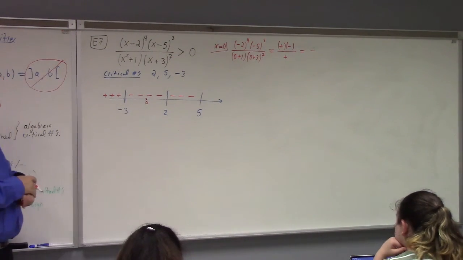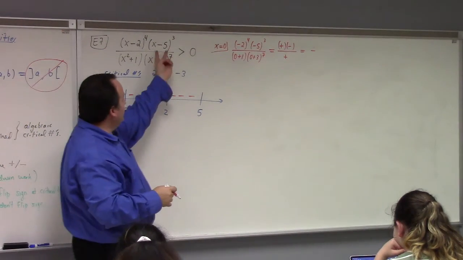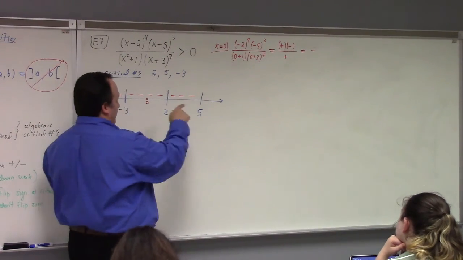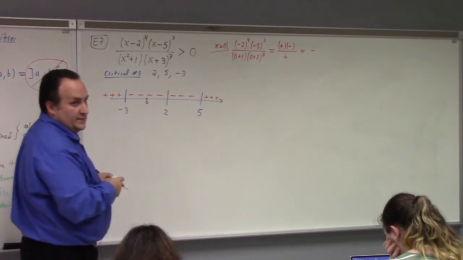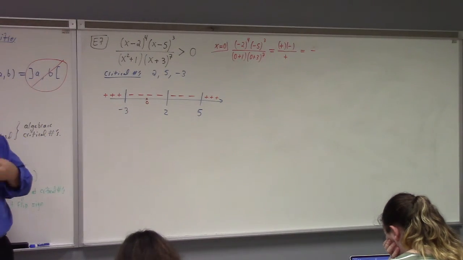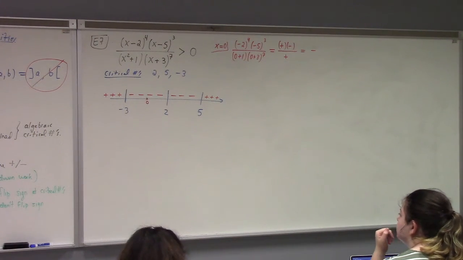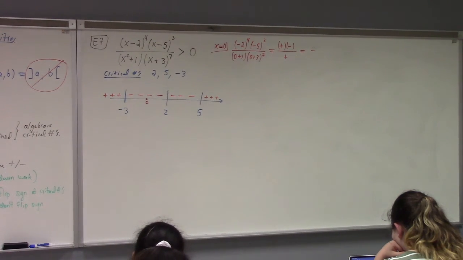How about 5? 5 is an odd power, right? Yeah? See, x minus 5 to the third power. So again, we do what? Flip it, right? So we go from minus to plus over here. Most often, the power that you'll encounter is just like my example 5, which was just power 1, right? Like these are power 1, you know? But that is odd. Yeah?